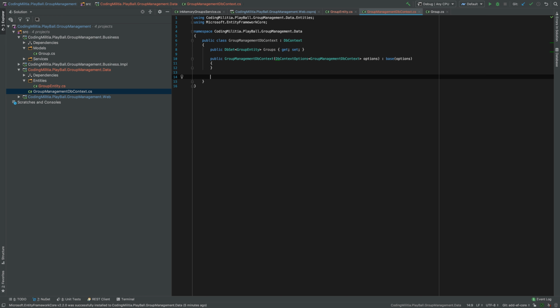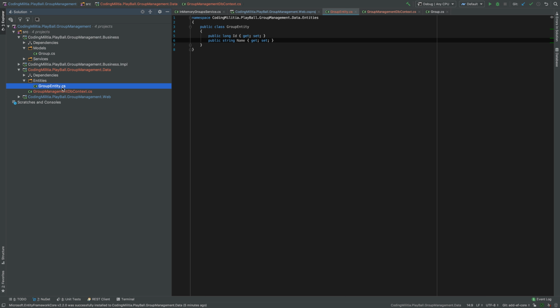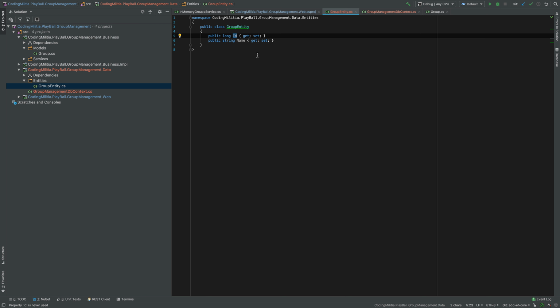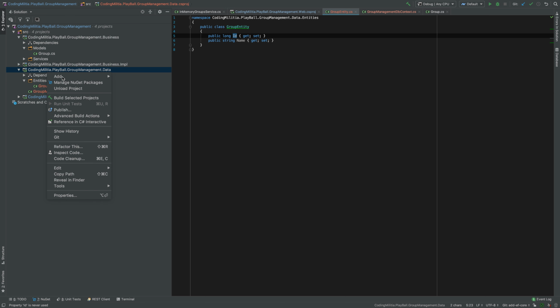Okay, so we must configure, we created our entity here, and it probably would have worked just like this because of assuming stuff. For example, just because this is called ID, I think Entity Framework would assume it's the ID and make it auto incremental and stuff like that. But we can do